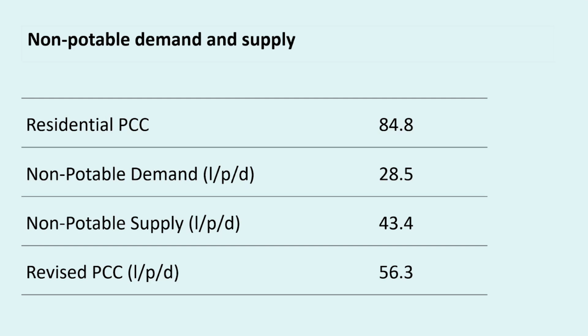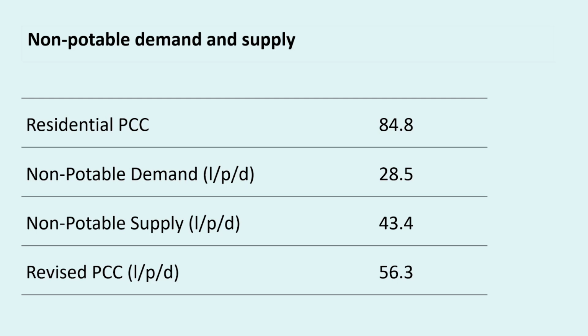The non-potable supply for that example home would be 43.4 litres. So that's from water from showers, baths and wash basins, excluding the kitchen sink. And that could be captured by a grey water recycling system. As this water is not typically contaminated with food waste, it requires minimal treatment before being recycled into homes. And as you can see, the supply is greater than demand. And so grey water recycling can reliably meet the non-potable demand throughout the year.